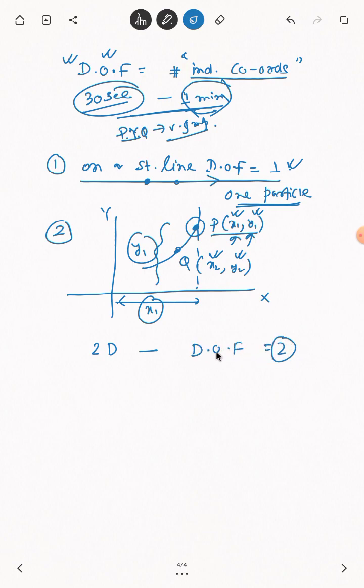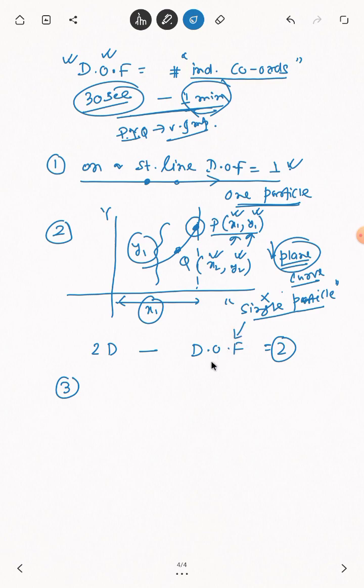Clear? Number 3, again for a single particle. Here all the results will come from for a single particle. What will happen for an aggregate of particles we will see later. For a single point moving on a plane, just when it moves along a particular plane or rather a plane curve, then the degree of freedom for that single particle will